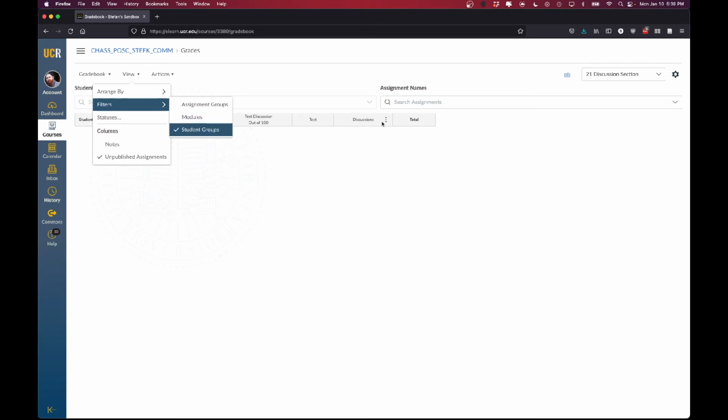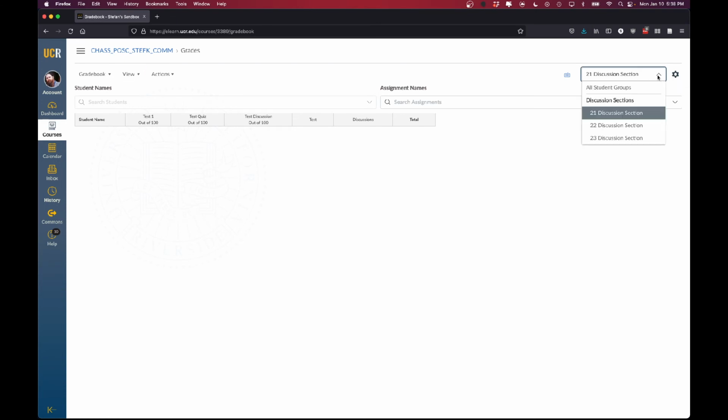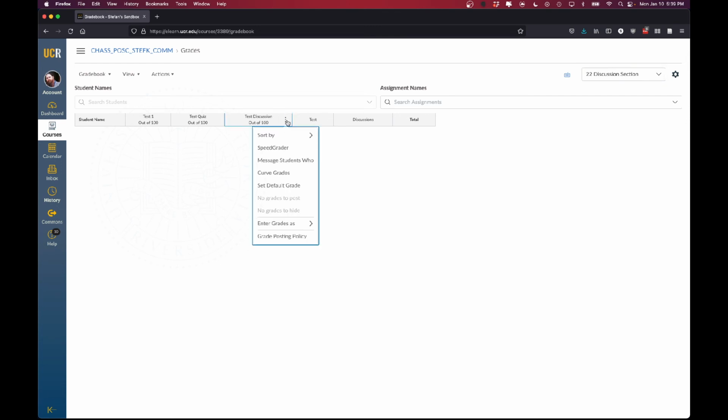Once that's checked, it will open this little drop-down menu here on the side and will allow us to switch between discussion sections. So if you click the drop-down menu over here, it will allow you to pick whatever discussion section you have. Now, again, I don't have any students, so it doesn't show me anything. But because we checked the filtering Speed Grader setting earlier, when we go to our Speed Grader by clicking the little 3 buttons and going to the Speed Grader for our fake discussion that I made,